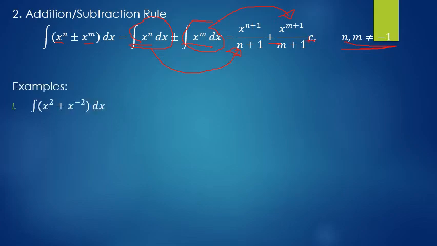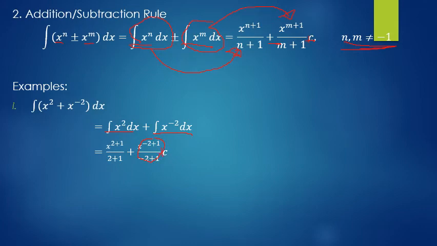So let's say we're going to integrate x squared plus x to the -2. So what do we get? We will be integrating them separately. So we have x squared dx and then x to the -2 dx. So of course, x squared dx will become x to the power 2 plus 1 all over 2 plus 1. And then for the second part, x to the power -2 plus 1 all over -2 plus